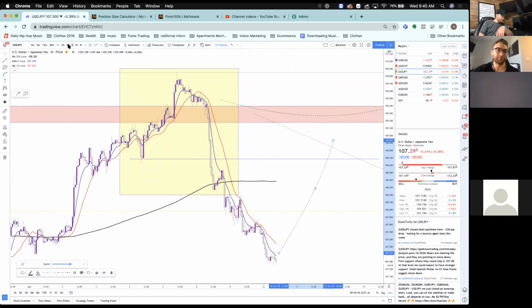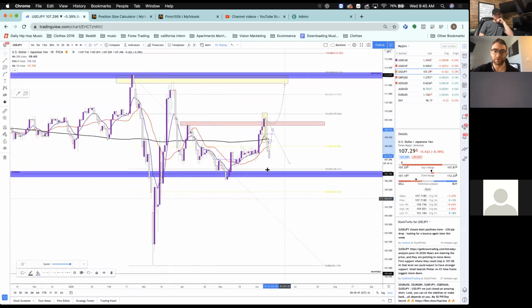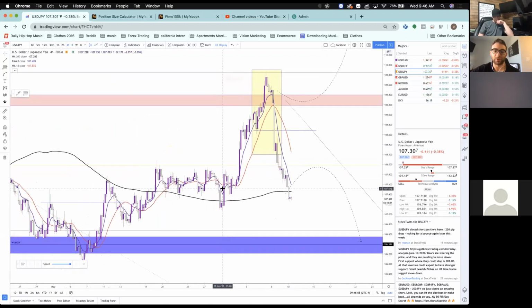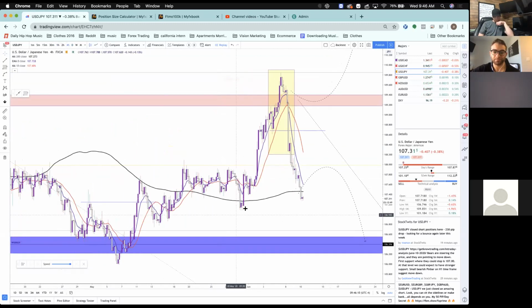That doesn't mean this is very situational. If this drops all the way down to here, then I will change what I'm looking for. But as of now, I'm still looking for that pullback on the 1 hour in order for us to get to this level down here. I do anticipate us getting to this level, back to this weekly, based on all this momentum that is going on. So USD JPY, if we go to the 4 hour, we can see we're about